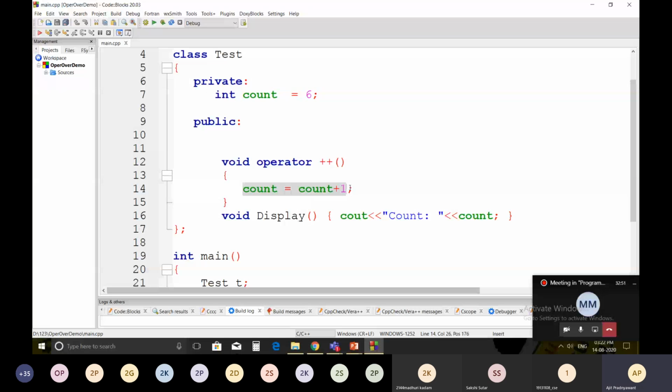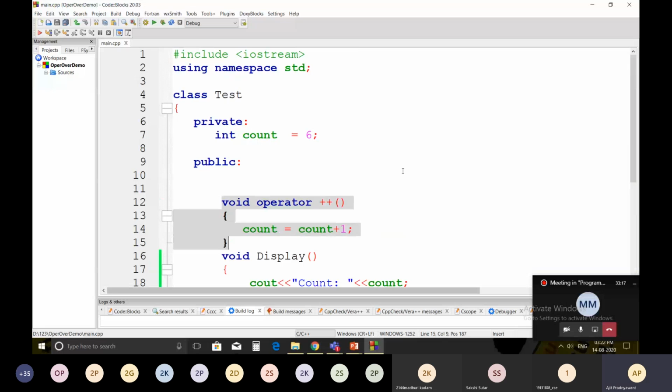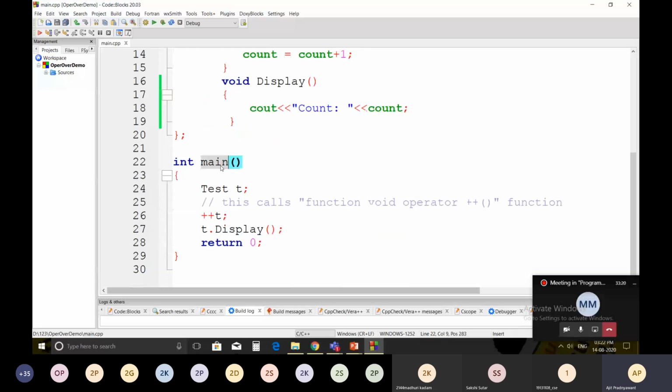And there is a display function which will display the value of the count variable. So this is the way to write the overloaded operator function. Inside main I have created the object of Test, t, and then I have written plus plus t.